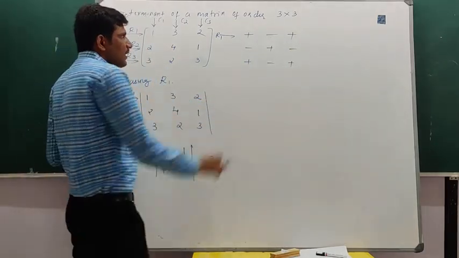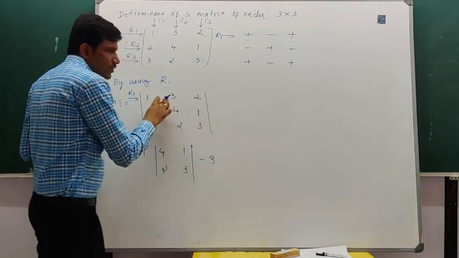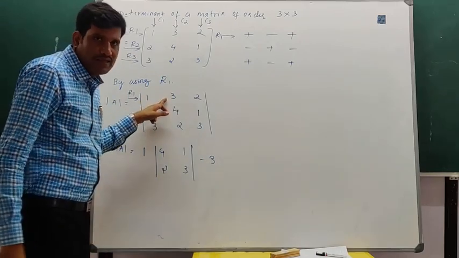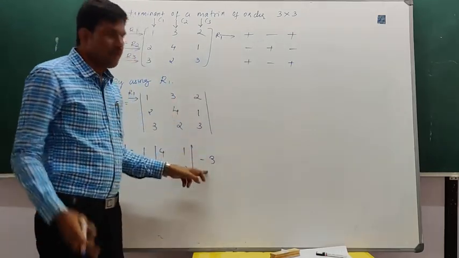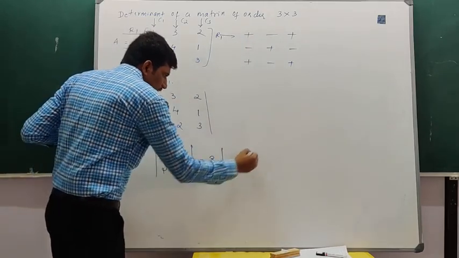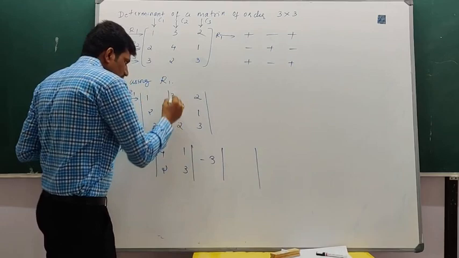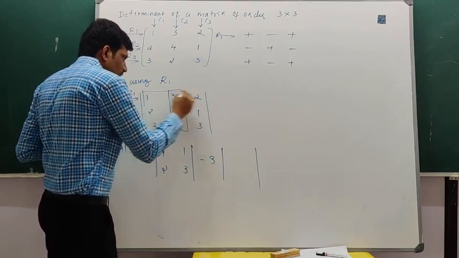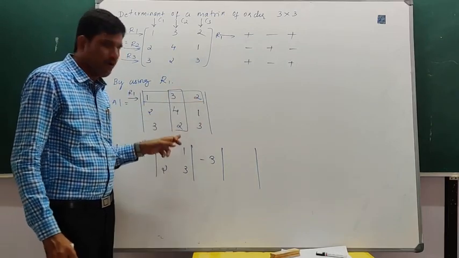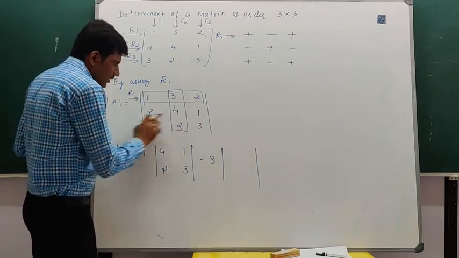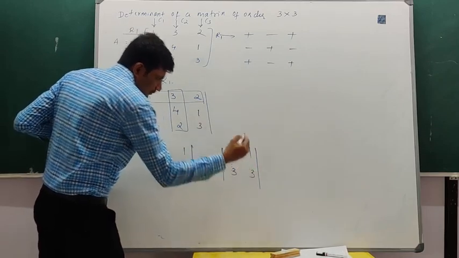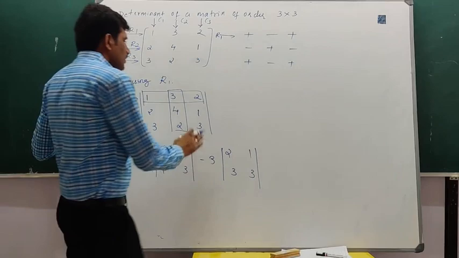So now, what is the sign of the second element? It is minus. Now here it is plus. Now it is minus into plus, it is minus 3. Suppose if it is minus 3, then minus into minus will become plus 3, right? So now minus into plus is minus 3. Now where is this 3 present? 3 is present in the second column and first row. We have to leave these two. Now we have to write the left out elements. That is 2, 1, then 3, 3.